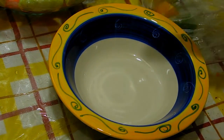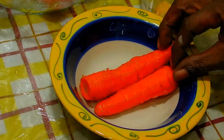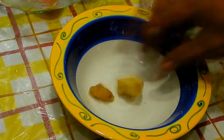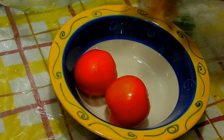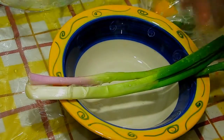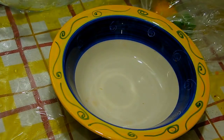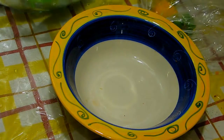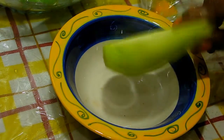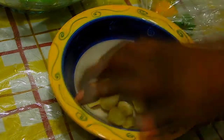For this hot coconut fish we're gonna use 1 onion and a half, 2 carrots, a piece of ginger, about your thumb, 2 small tomatoes, 2 stalks of scallion, green onion, 6 pieces of okra, half of a chocho, 10 garlics,